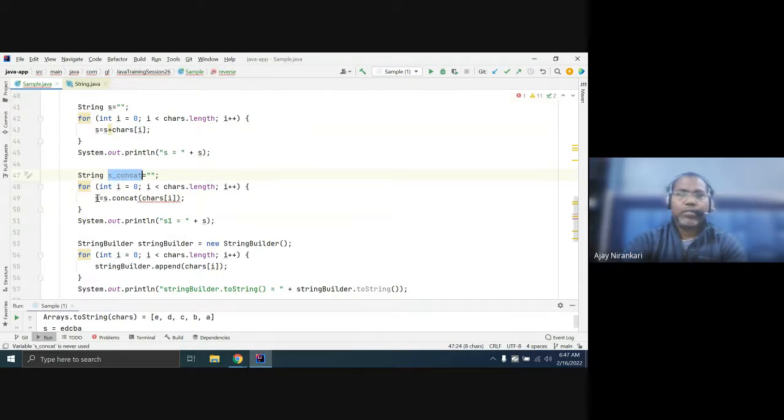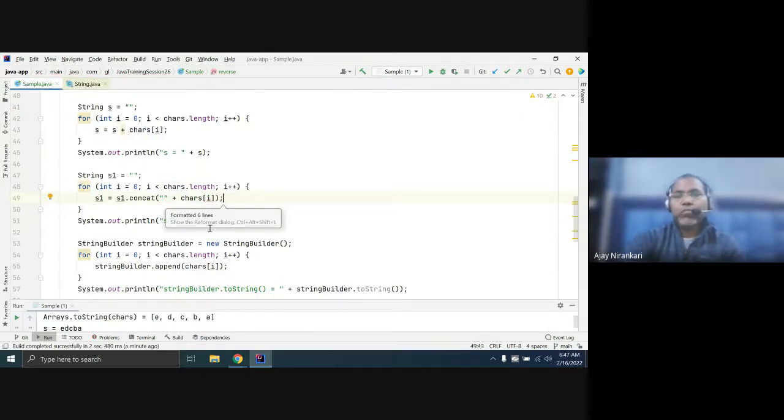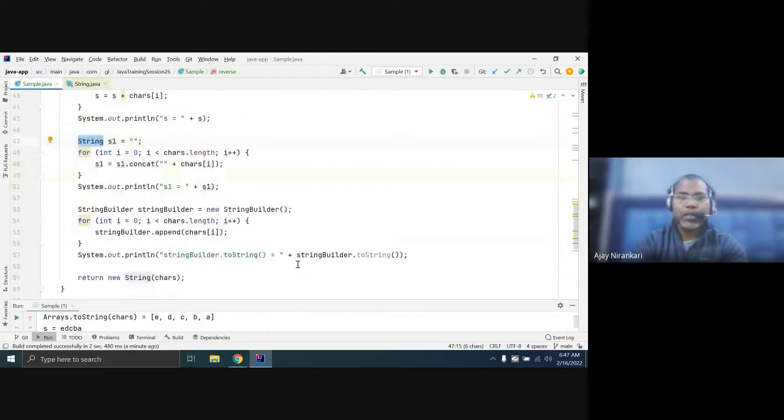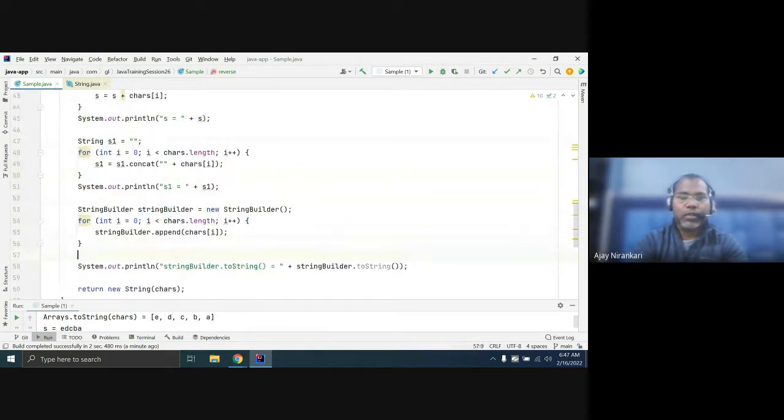So this way, one is the plus operator for appending, one is the concat function, and the best way is to use the StringBuilder append function. All are converting your character array to the string object, and here also, after that, you say dot toString.